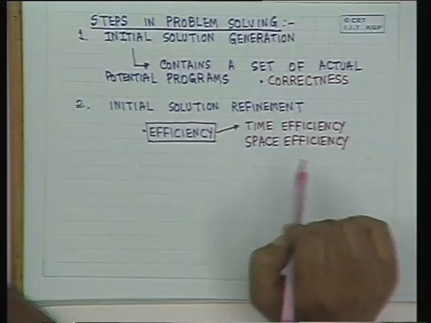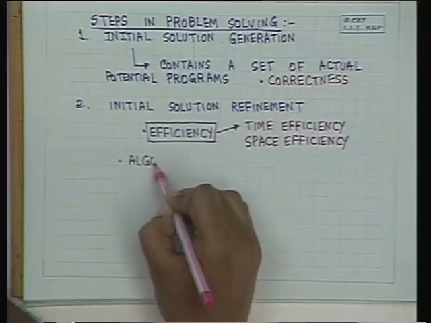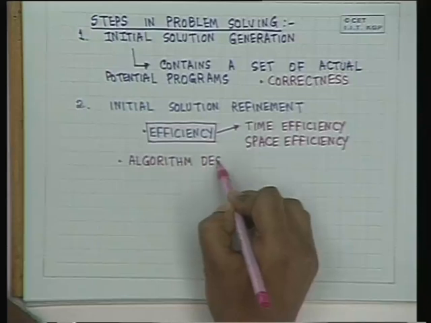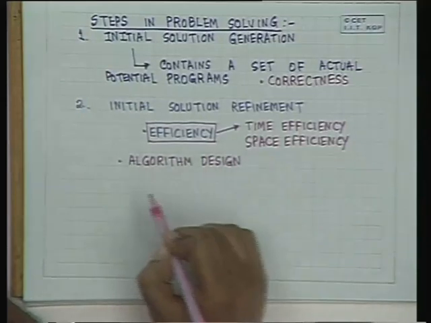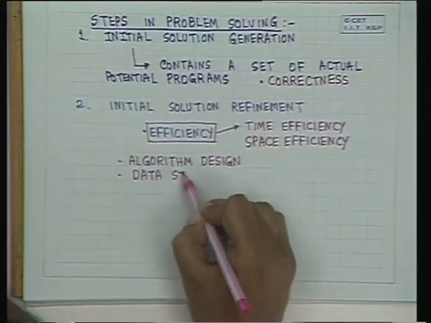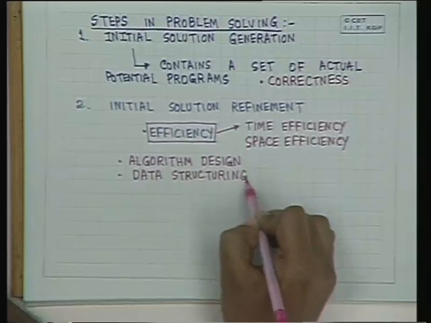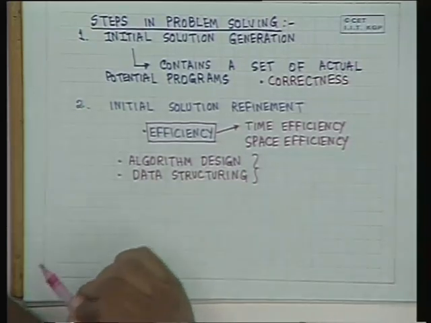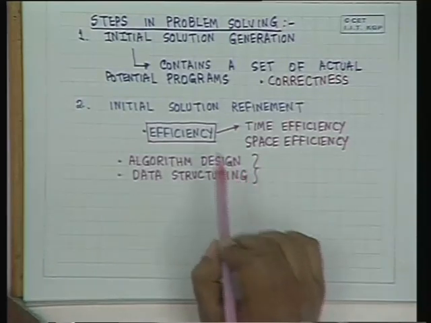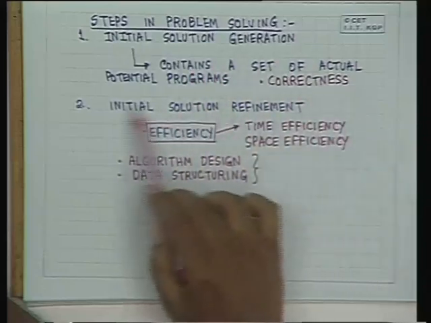And here we come across the terms the design of the algorithm, that is the selection of the exact sequence of steps from the set of potential programs or solutions,